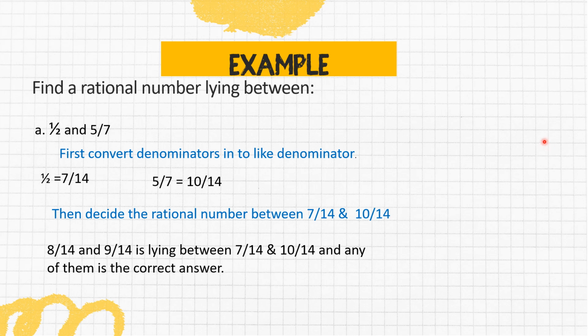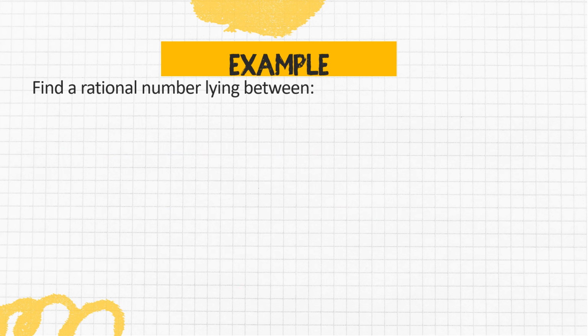If I took 8 over 14 and say it is the number, it is correct. 9 over 14, it is correct. And any other number you will find between them, it will be correct. You have to fragment, okay? Example,